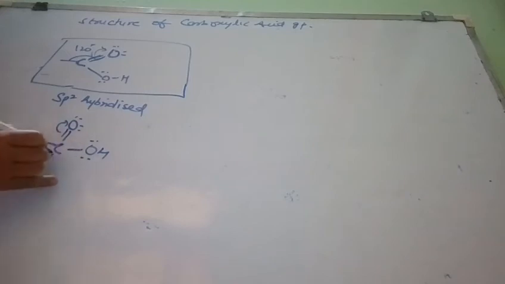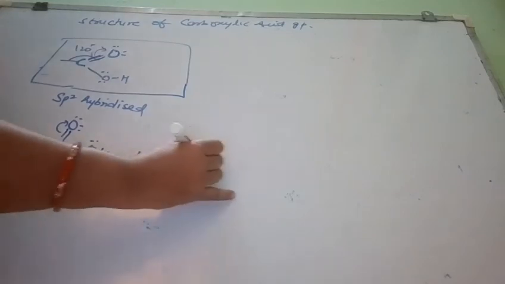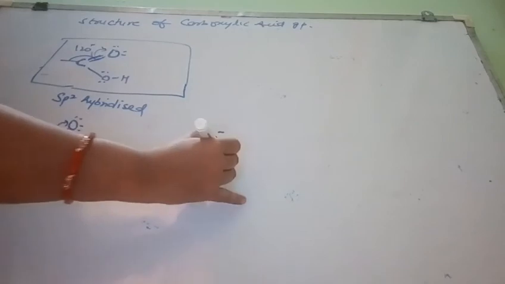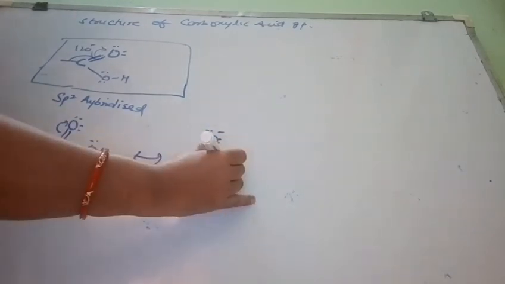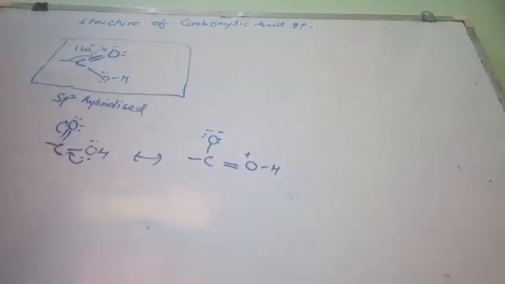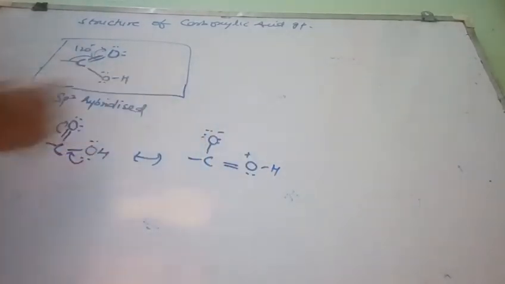Okay. Now to nullify this positive charge present on the carbon, these electrons will come here. So it will have a resonating structure in which this oxygen becomes negatively charged, right? And the lone pair of electrons on the hydroxyl group oxygen comes here, and this hydroxyl group oxygen now bears a positive charge. So therefore this carbon's positive charge will decrease, right?